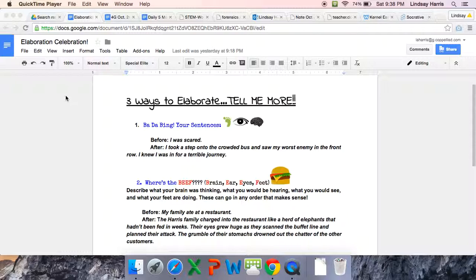So all this week we have been taking on the point of view of the character from our story Tight Times, and we've been trying to describe how just difficult life is for this person. And we've been writing from the perspective of that person, but we really want to make sure that our reader understands what we're trying to tell them. So the best way for writers to do this is to do something called elaboration. And there are three ways that I'm going to show you how to elaborate today.